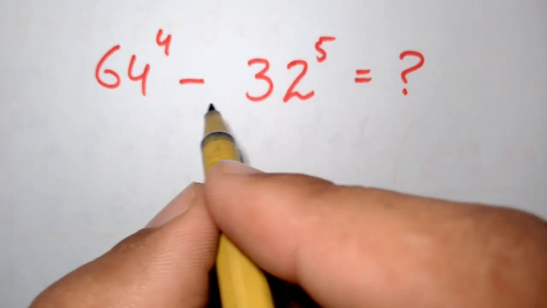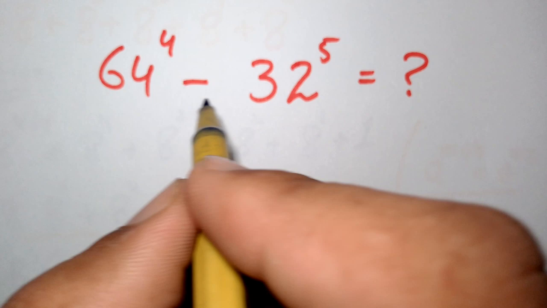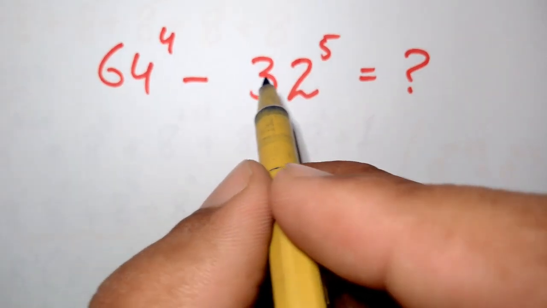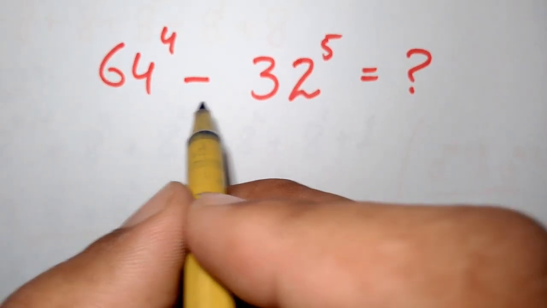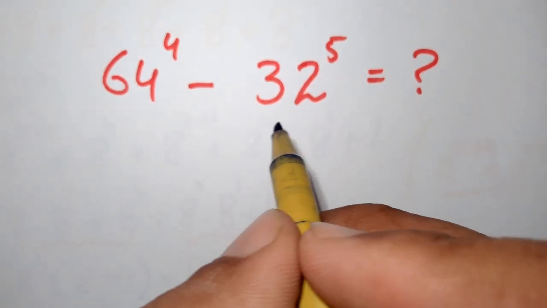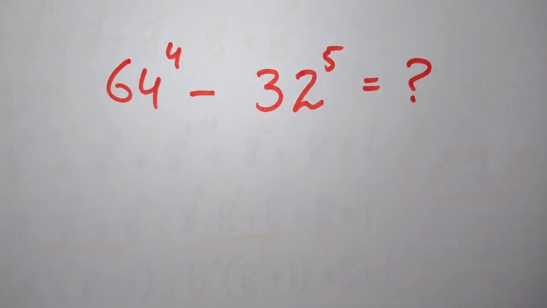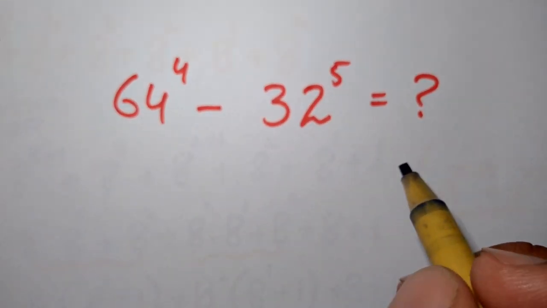We have to simplify the most interesting maths problem, that is 64 to the power of 4 minus 32 to the power of 5. We have to simplify this by a very easy method. So, we know that